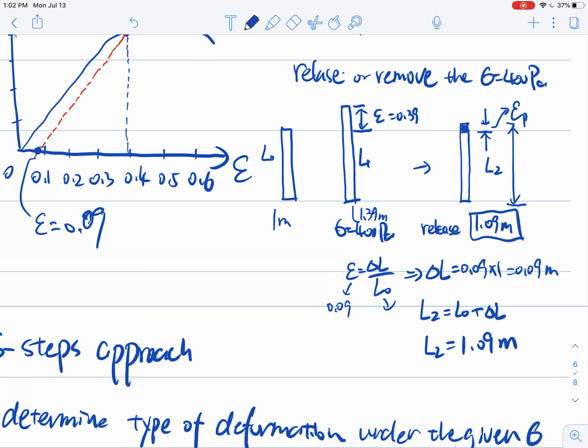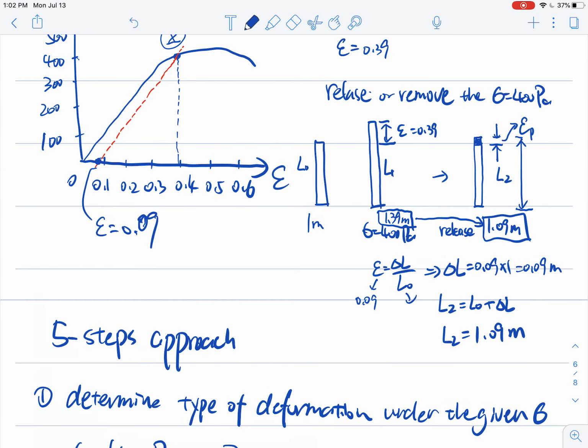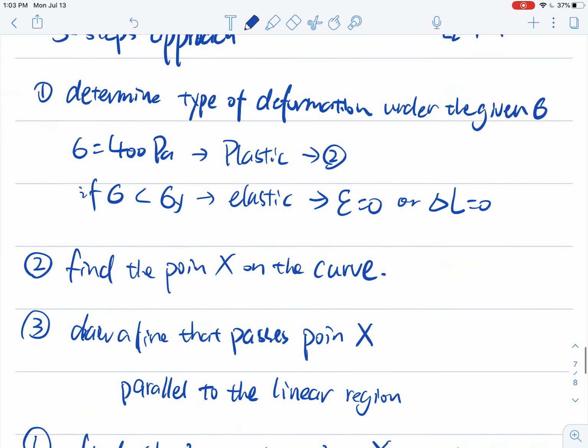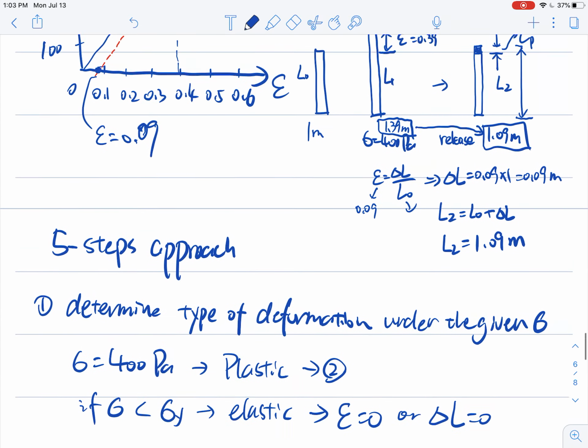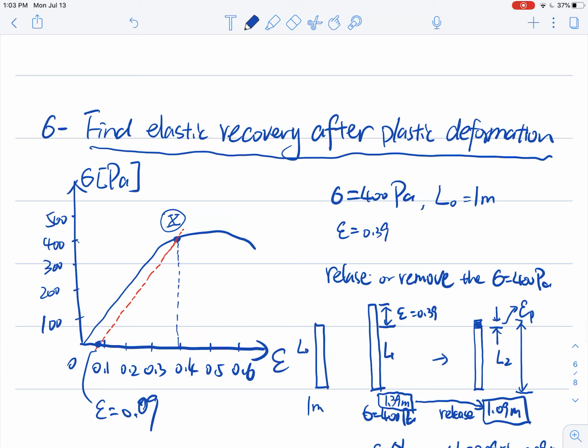L1 is going to be 1.39 meter in this case. If the load is released, then the length becomes 1.09 meter. All right, so hopefully this 5-step approach will teach you how to find out